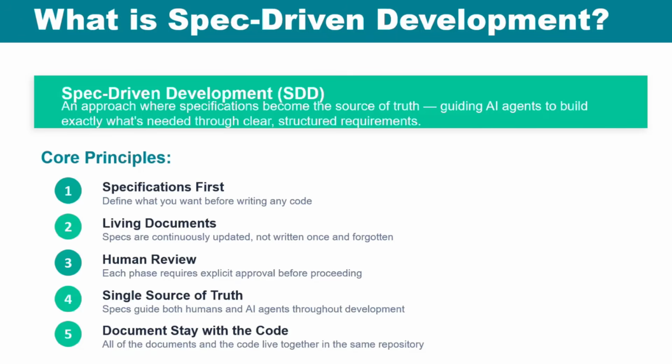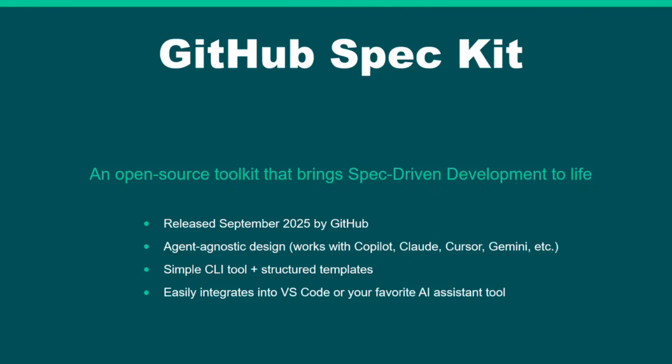And what GitHub's done is they have created this system that pairs all the best parts of spec-driven development with your favorite AI agent. It's something that's fairly new. It was released last September, so it's less than a year old. It's not even 10 months old yet. And it's something that was designed from the ground up to take this spec-driven development approach and pair that with whatever AI that you're using. That's one of the great things about it: it's agent agnostic. It works with Claude or Cursor or ChatGPT or Copilot or whatever it is that you want to do.